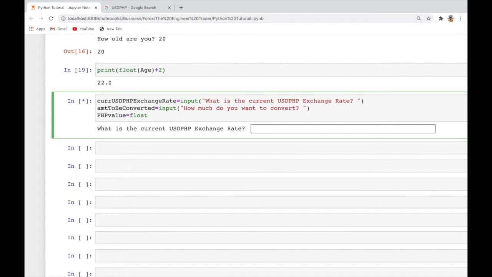So meaning float, then our current USD PHP exchange rate. Let's copy and paste this one. Multiplied to our amount to be converted, and same with this one, this should be a float first. And paste. Okay. Then,